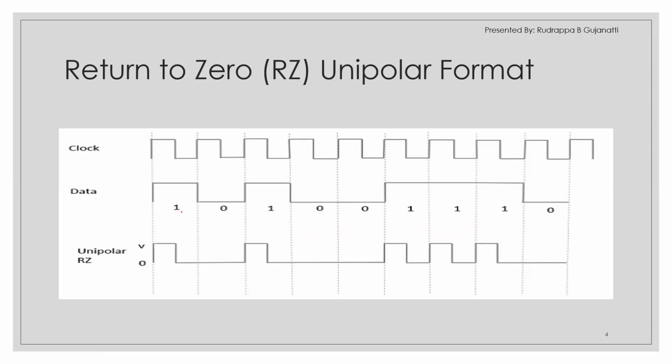In this case, depending on whether the bit is 1 or 0, we have to check whether return to 0 happens or not. For the simple condition, if the bit is 0, it is represented with 0 volt. Since we have it in unipolar format, it will be represented with 0 volt. If I consider a bit 0 in the given bit interval, the representation is 0 volt.